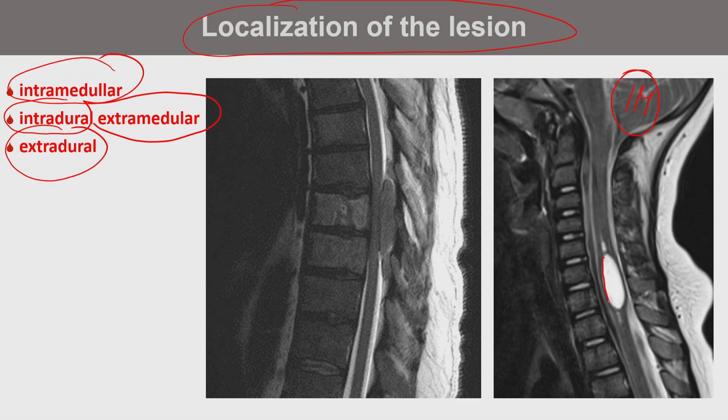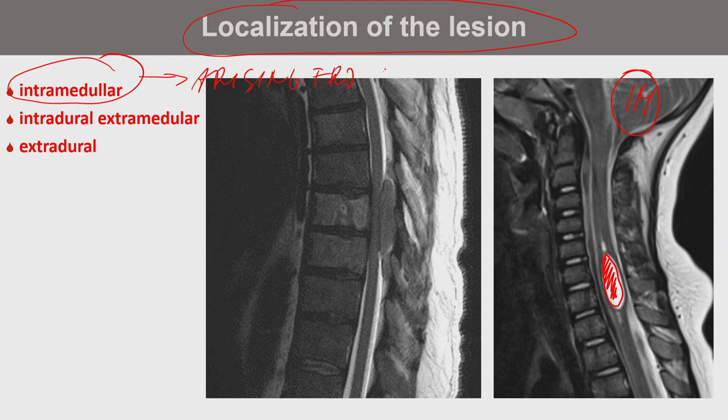Here is an intramedullary lesion. This is a developmental cyst. The cyst is localized inside the spinal cord, and typically the spinal cord looks inflated, but it's localized inside the dural sac and is surrounded by more or less fluid. So it is intramedullary. Typically, those are lesions arising from the CNS, really from the spinal cord.